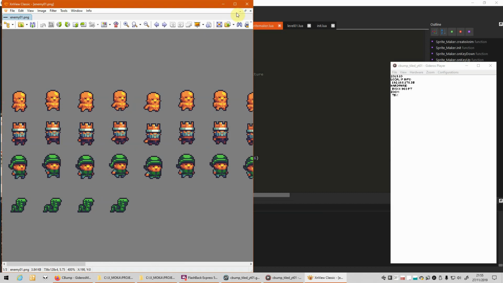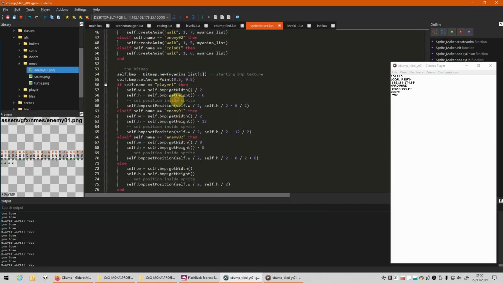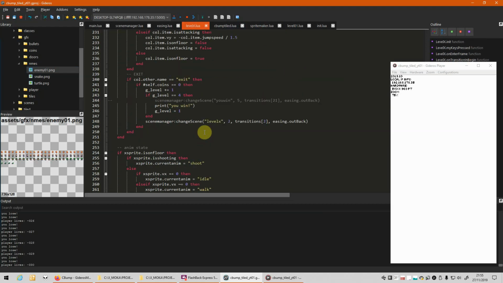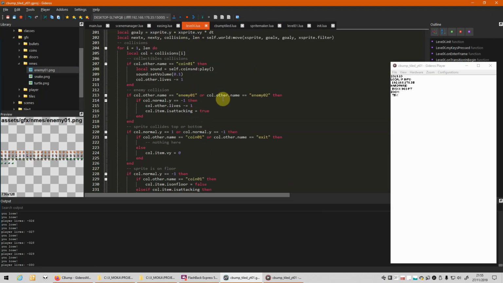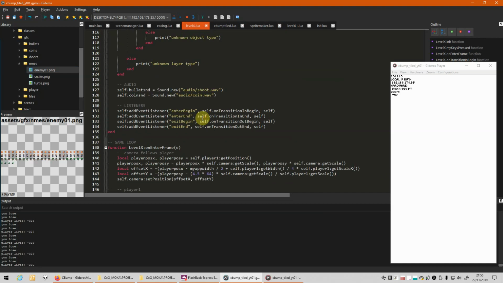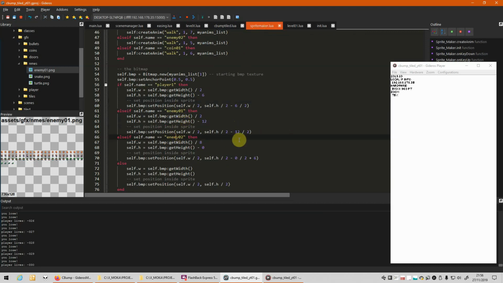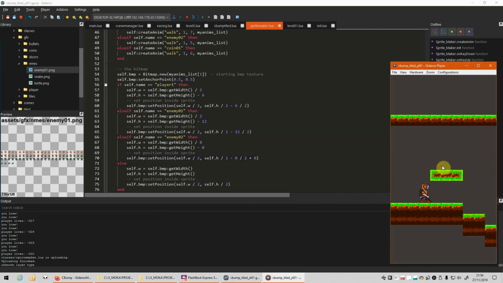Okay, so it's this one, enemy 01, and I think it's kind enemy 01. Okay, so it's referring to E02, so it's enemy 02. Sprite maker enemy 02. What do we have here? Maybe this +6 is not needed. Okay.